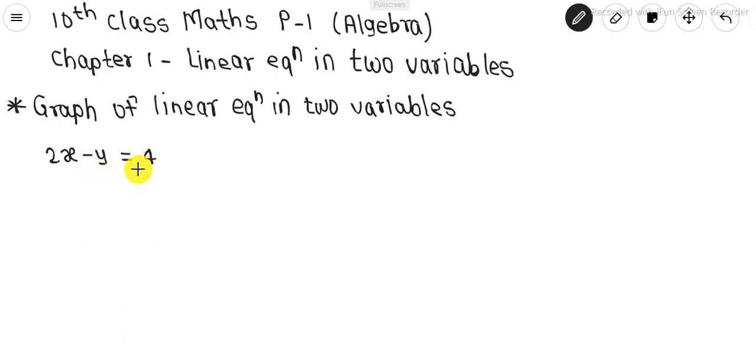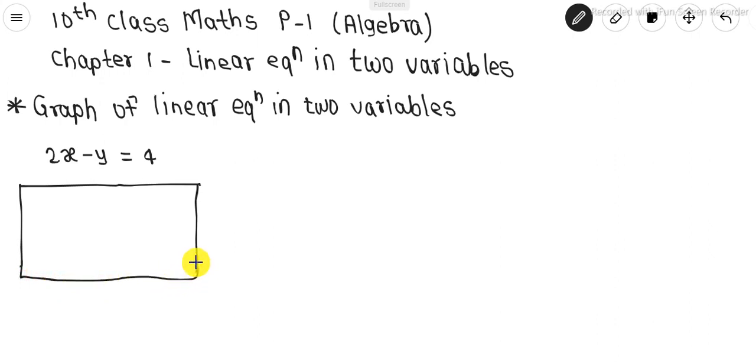Now first we find out the values of x and y coordinates for drawing the graph. Now we find out the values by solving the given equation. First we see how to make a column. Maximum 3 to 4 values we have to find out for drawing the graph, and all of you know that the graph appears in a straight line. Now here we make a column for finding out the values of x and y coordinates. Here we find out three values for drawing the graph.